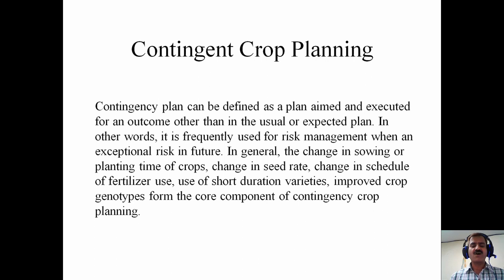So this is normal planning of the crop, and this normal planning is based on the normal climatic condition. But you are aware that climatic condition will not remain the same forever. That means one year the monsoon may come a little early, another year it may come a little late. So whenever the monsoon changes, shifts its course, accordingly we will have to modify our crop planning. So this modified crop planning would be known as contingent crop planning.